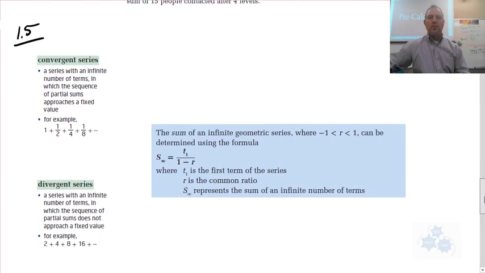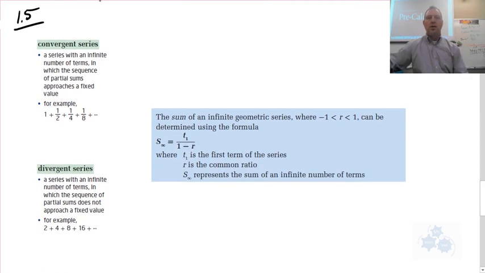1.5, we talked about convergent series, divergent series, or the sum of what we call an infinite geometric series. Now this has far-reaching applications in calculus and so on. We won't get into that in this course, but what you need to know is that this little infinity sign here, and the S with the infinity sign as a subscript, means that we're taking the sum of an infinite number of terms. So look down here, here's an example, 2, 4, 8, 16, those are the terms, and we're adding them all up, but you see these little dots right there? That means that we're adding up all of the terms in the sequence